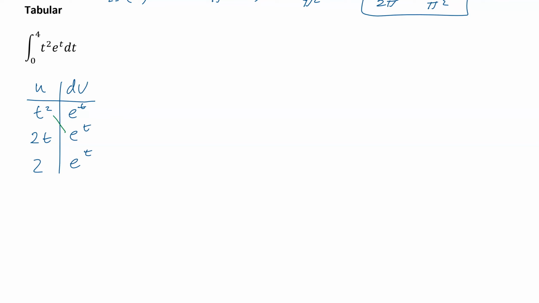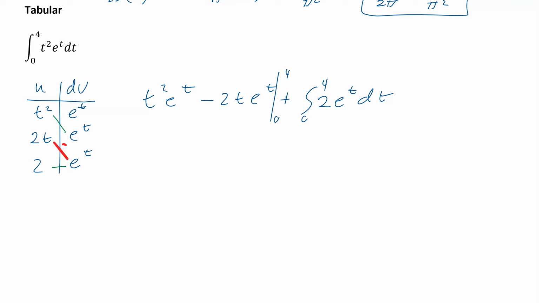All right, so first one's positive, negative, positive. I'm going to put a negative on there just so we have it. All right, so we end up with t squared e to the t minus 2t e to the t plus integral 2 e to the t dt, and this is from 0 to 4. So just so we have the notation. So the next one would be 2 e to the t, that's our integral, plus minus 2t e to the t, t squared e to the t,